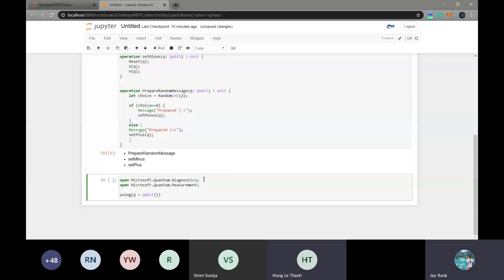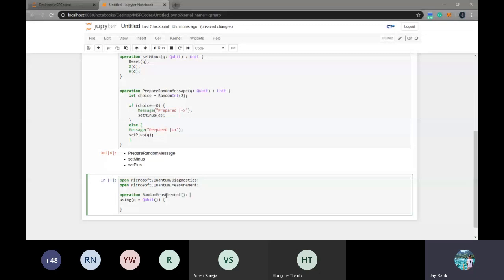And using this qubit, oh sorry, I just forgot to define an operation, random measurement, and nothing will be passed. And yes, this time I want a result to be printed out, so that's why I'll be writing result here. And cool. Okay, so now we go.